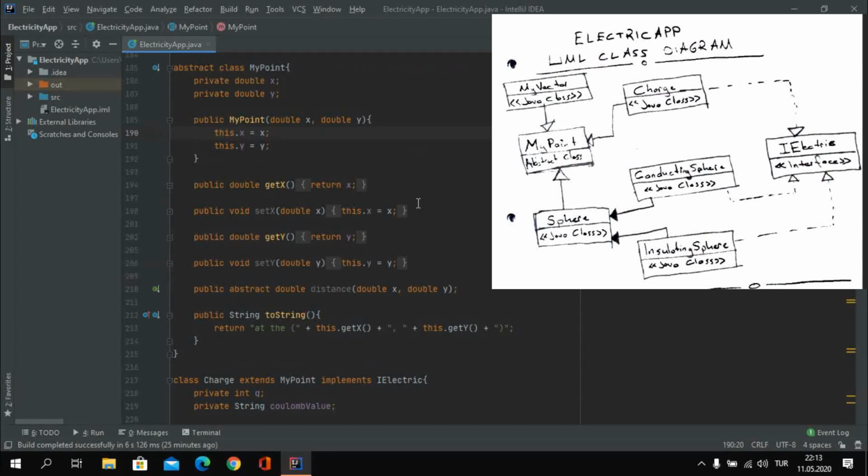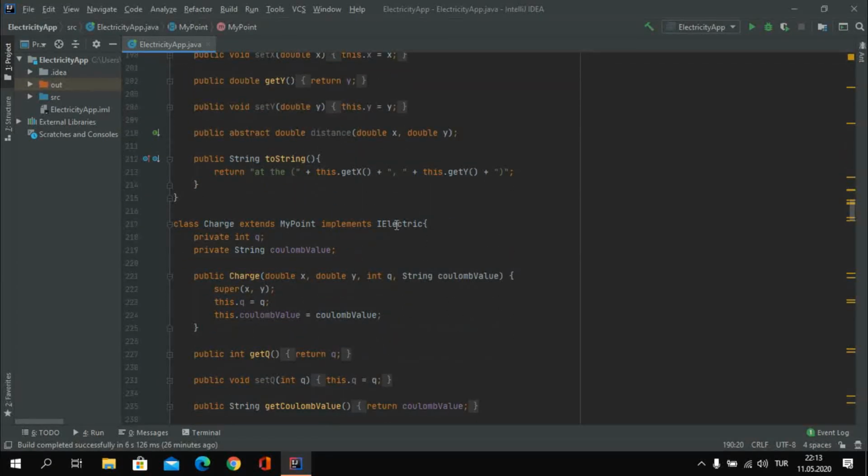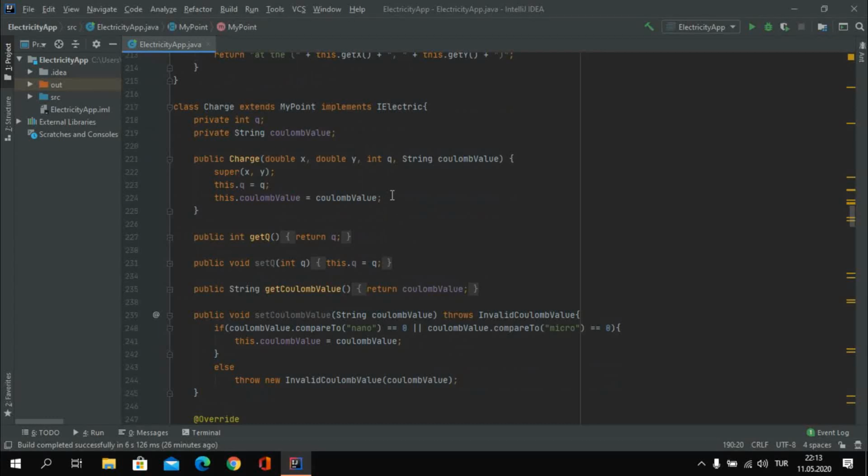And now here is my point. Abstract class. The reason why I don't want to create new my point objects for every calculation, but if you think it is wrong, you know, I decided on this way. And now the charge class extends my point,